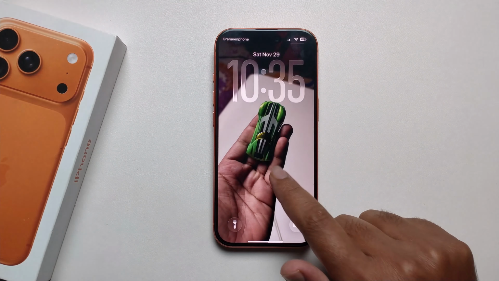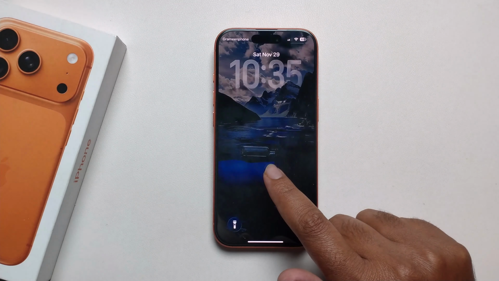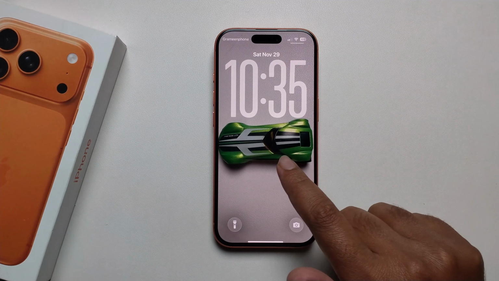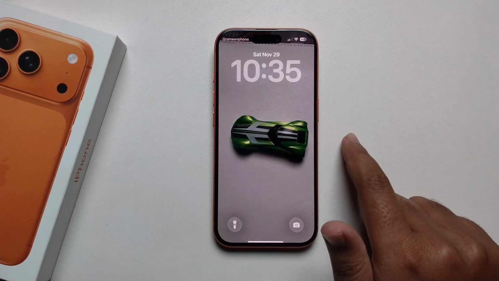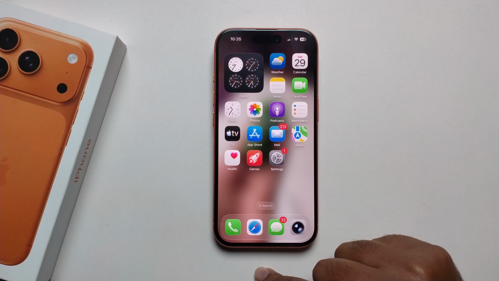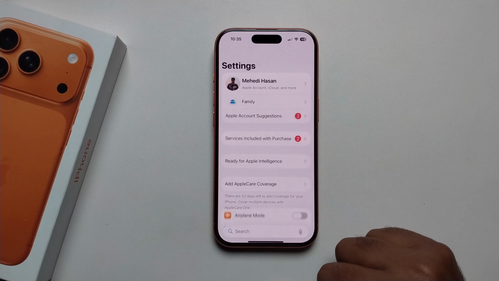Hey everyone, in today's video I'm going to show you how to make a wallpaper with multiple pictures on your iPhone 17 series. So when I press on it, it changes the wallpaper one by one. I'll provide the solution. So at first, open your settings,